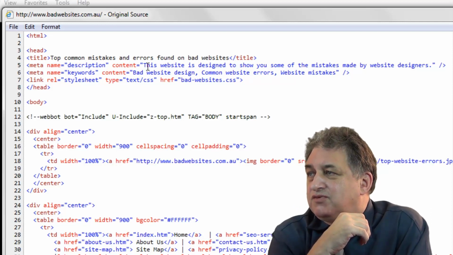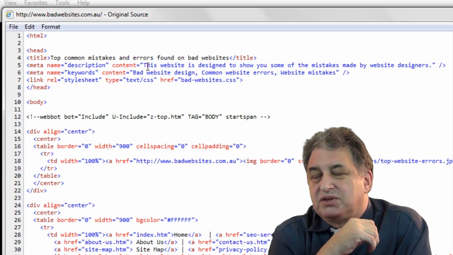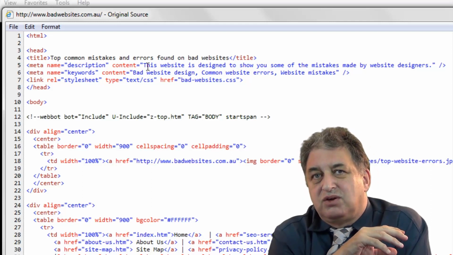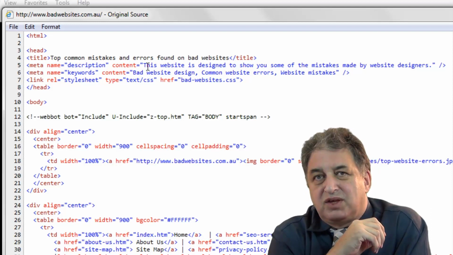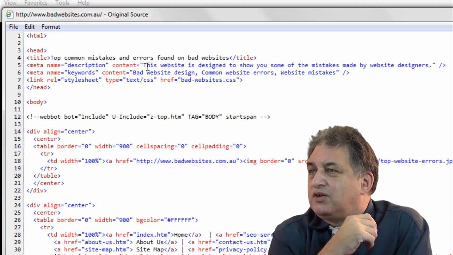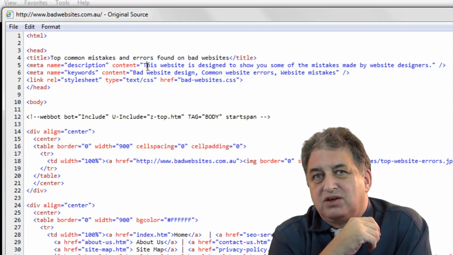And the idea is that if you've got a nice spot-on description that describes exactly what you do, describes where you are, and gives people basically what they're looking for, then a good description can really help get your website clicked on.